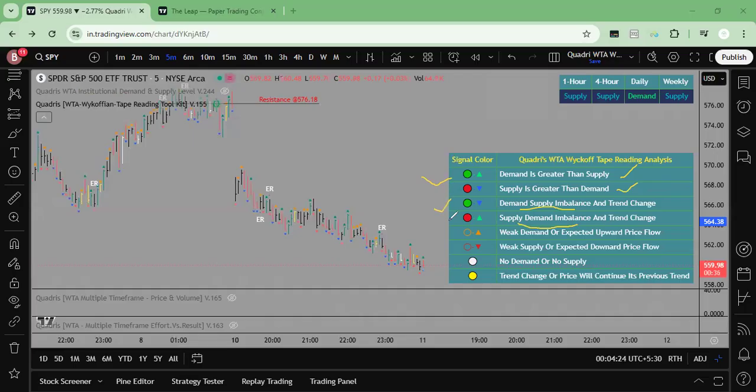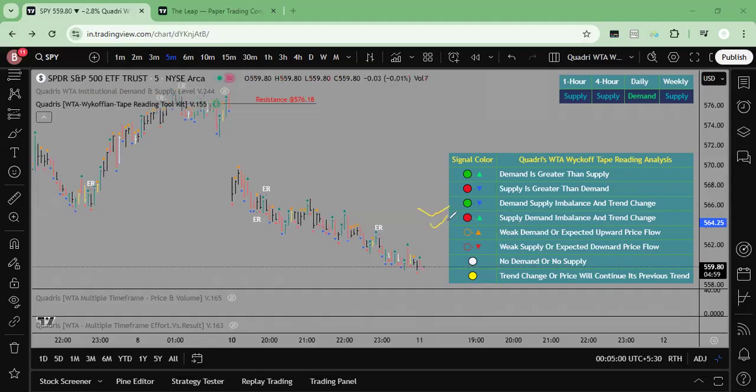So when a demand supply imbalance or supply demand imbalance occurs, that means we are about to see either way. If there is a supply demand imbalance, then supply has a likelihood to supersede the future price movement. If there is a demand supply imbalance, that means a green candle with a blue triangle facing downwards. That means demand has a high probability of superseding. Though it is an imbalance area,